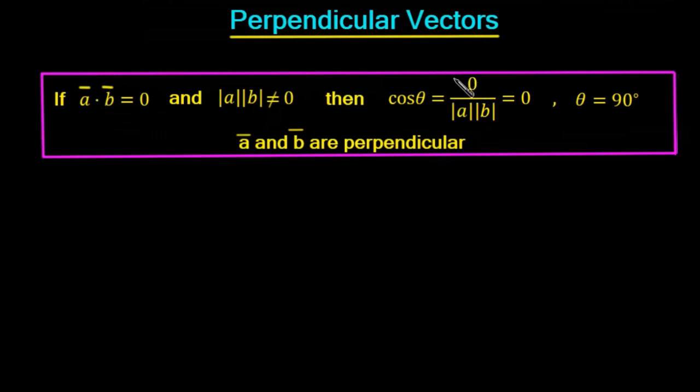So if that is equal to 0, then this whole thing is equal to 0, so the cos of theta would equal 0. And when the cos of theta is equal to 0, that happens whenever theta is equal to 90 degrees. So therefore the vector A and vector B are perpendicular. So that is the